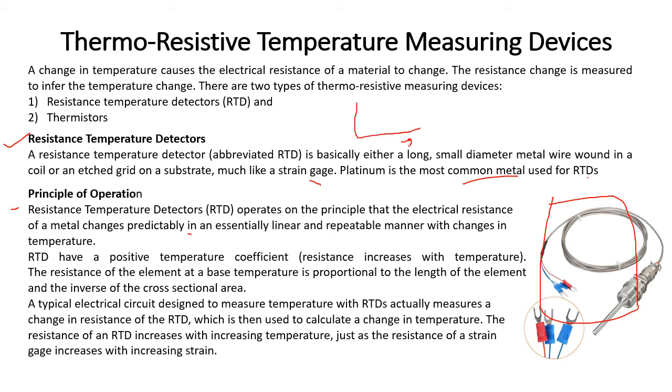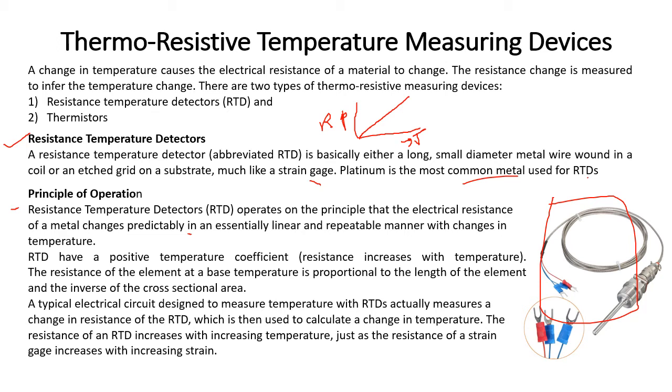So if the temperature is on this side and your resistance is on this, then the metals which show a characteristic like this are generally used in making the resistance temperature detector or RTD. Typically platinum is one of the materials which has very good linearity and repeatability. What it means is that with a number of cycles of temperature going up and down, platinum has shown remarkably good linearity and repeatability within the period of operations.